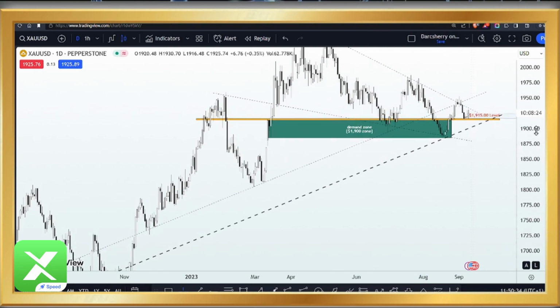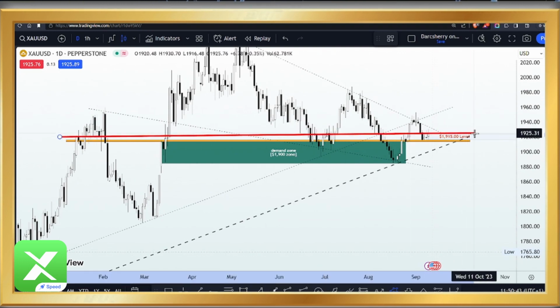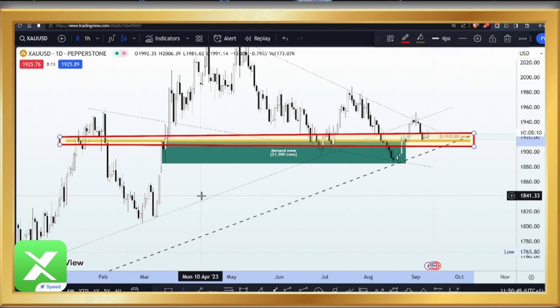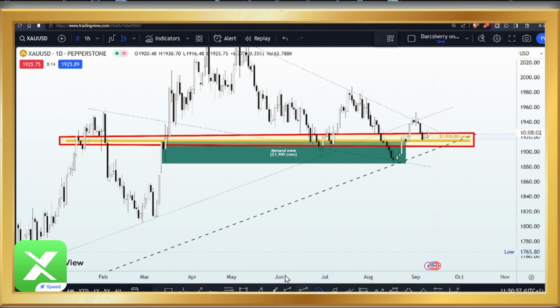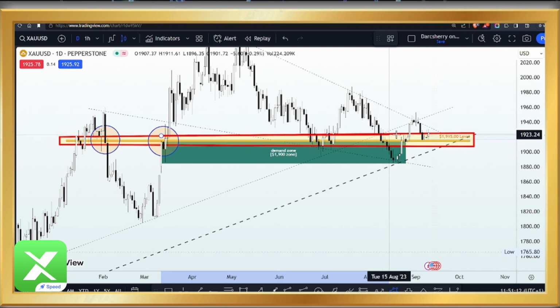Now, in addition to this trend line is my key level situated at the $1,915 level. Now, if we look at what has been going on here since the beginning of this year, you will see how this level had played a major role in determining the direction of price action. It was initially a selling niche at the beginning of the year, as you will see here, and since price broke above this level in the month of March, price action had remained above that zone, hereby giving me a demand zone around the